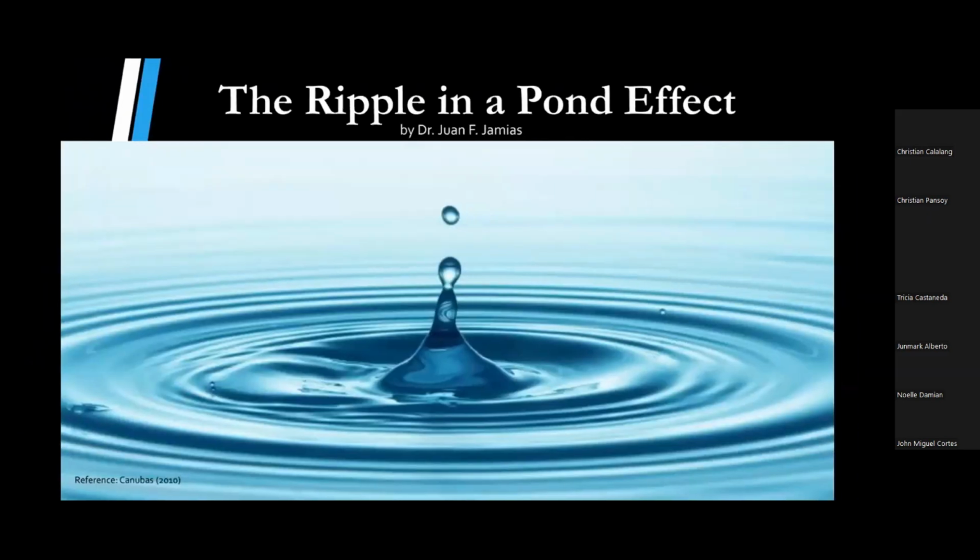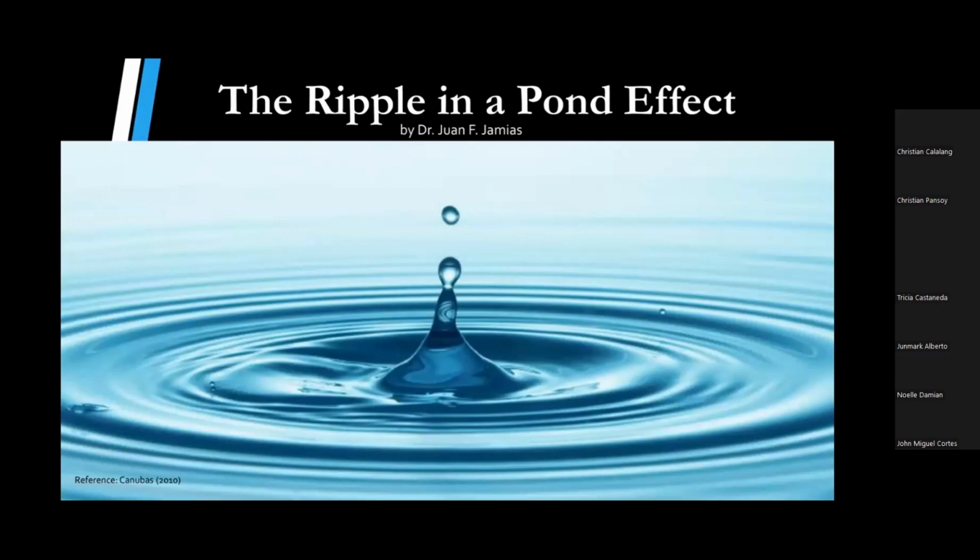Okay. So, dito tayo papasok sa conceptual framework. Ito yung framework na ginawa ni Dr. Juan Hamias. He is a forerunner of science communication in the College of DevCom and in UPLB. Okay? So, may tinatawag siya na the ripple in a pond effect. Alam niyo naman what ripple is, no? So naka-visualize naman diyan sa slide. So may tubig, for example, na pumatak sa balde, nagkaroon ng ripple.